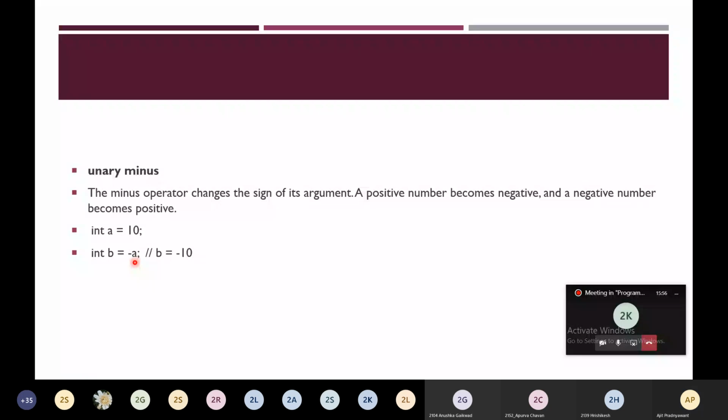It will change the sign of the value present in a. So b will contain minus 10. Unary minus is different from the subtraction operator. Keep in mind, subtraction requires two operands, so it is different from your subtraction operator.